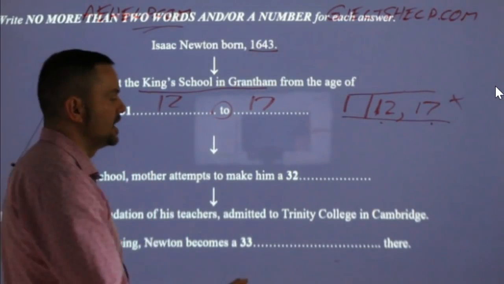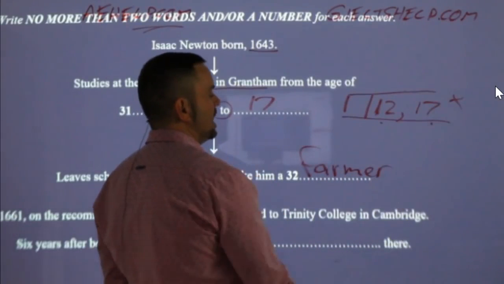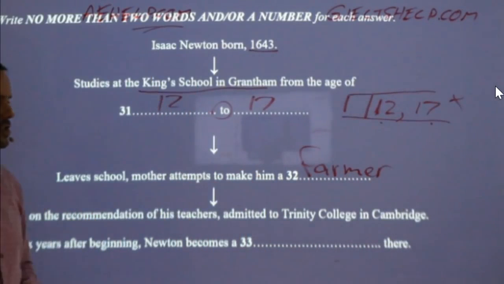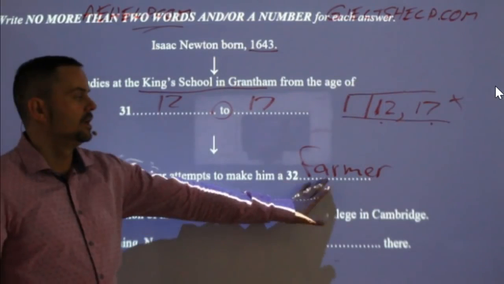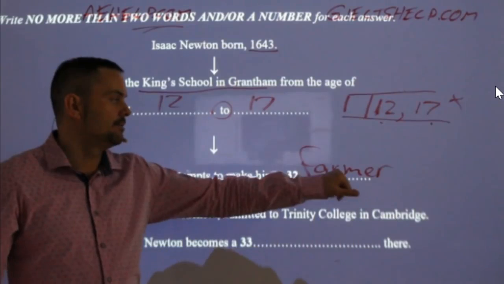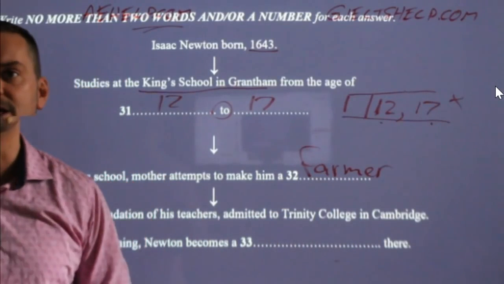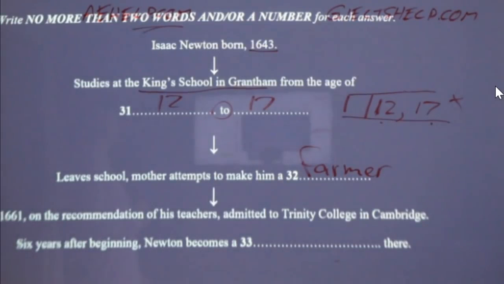And you can write it all capitals like that, or you can write it all lowercase. When you're writing all capital, just be really cautious for spelling mistakes, all right? It's easier to make spelling mistakes. So farmer, F-A-R-M-E-R, farmer. All right, very good. Good job. Good. Fantastic. Farmer, it is.